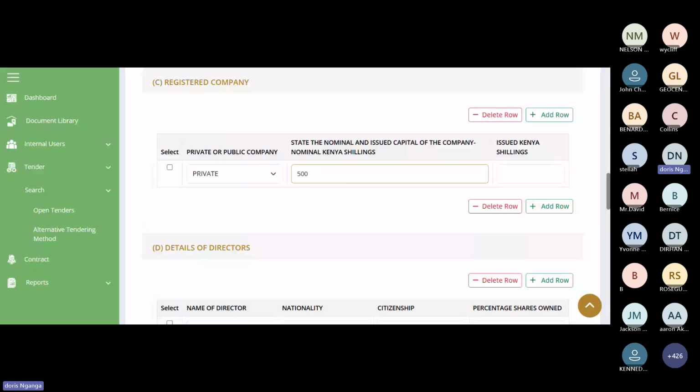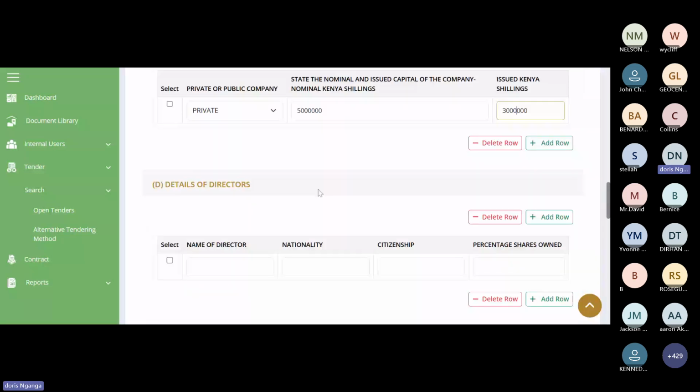But what have I issued? The issued capital is 3 million. Remember, this is just purely how your organization is structured. It doesn't have to be like this. So my company has a nominal capital of 5 million, but we have issued 3 million.